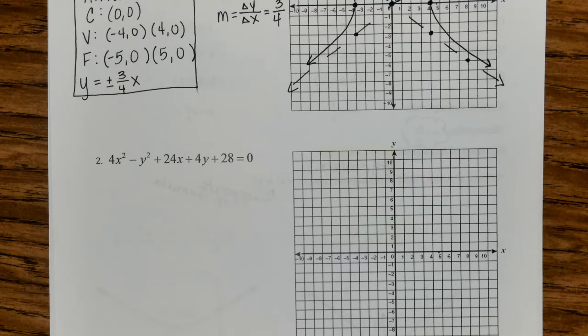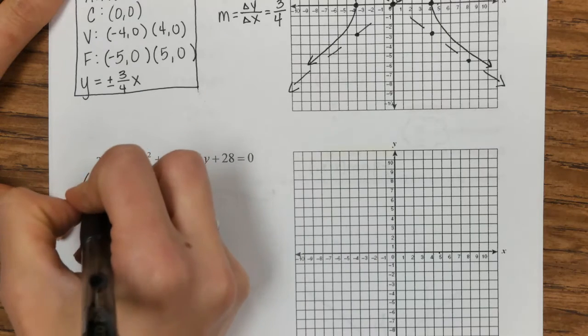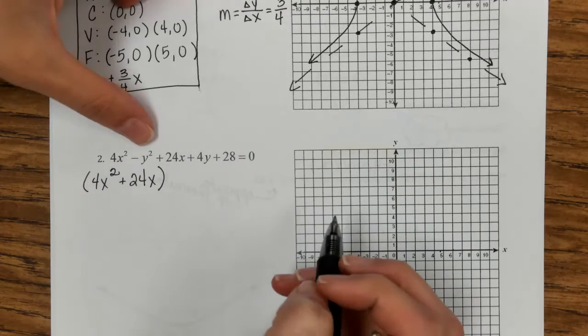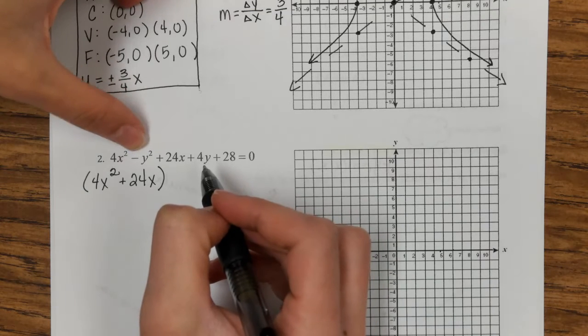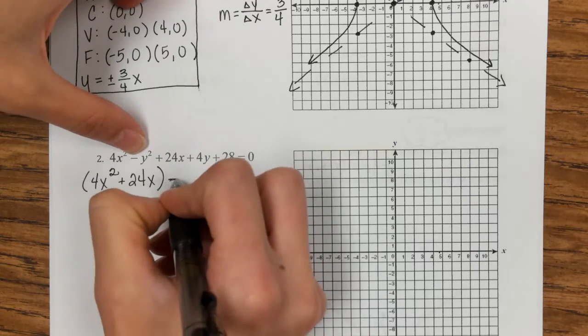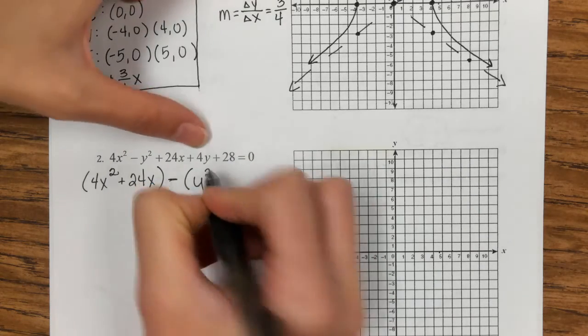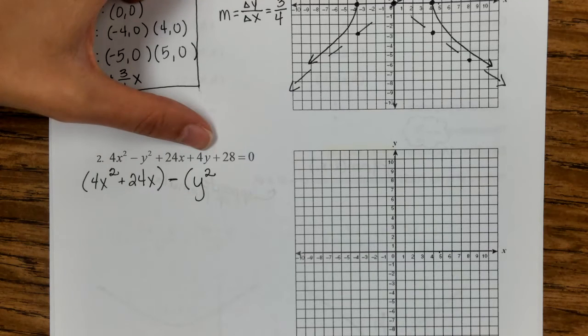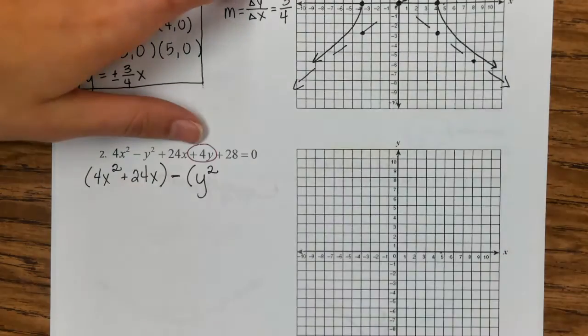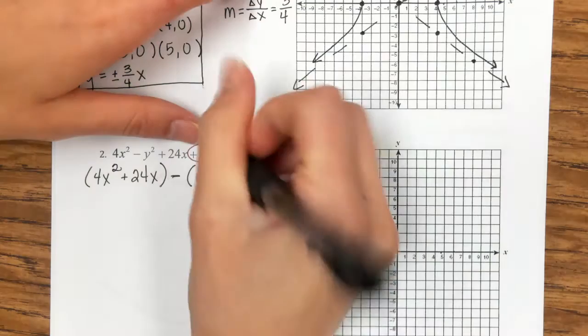So the next problem, I've got 4x squared minus y squared plus 24x plus 4y plus 28 equals 0. I'm going to go ahead and group my 4x squared plus 24x. When I look at my y squared and my 4y, I've got a minus here. We know we have a minus in our formula. So when I do the minus, I'm going to change the sign of that 4y because I'm basically taking that negative out as a GCF. Okay, so when you do that, you're going to change the sign of the y term. So that's going to turn into a negative 4y